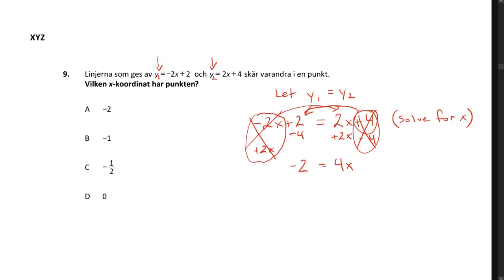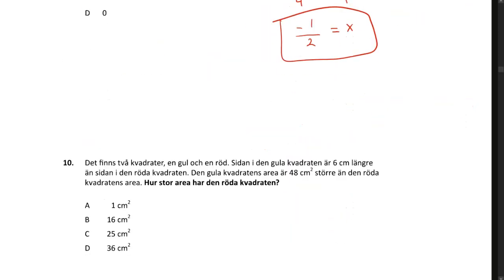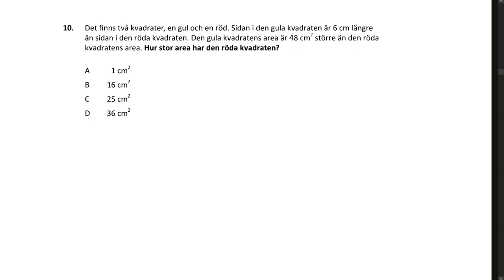Here's our simplified equation now. To get x by itself, I need to divide it by 4. And this is the same as negative 2 over 4, or negative 1 over 2, is equal to x in simplified form. There's our answer, C. Number 10, it says there exist two squares, a red square